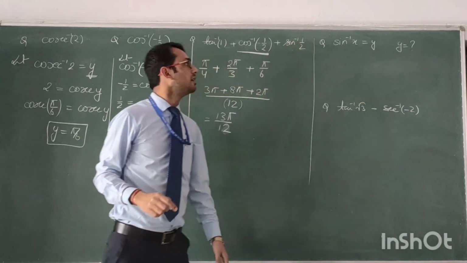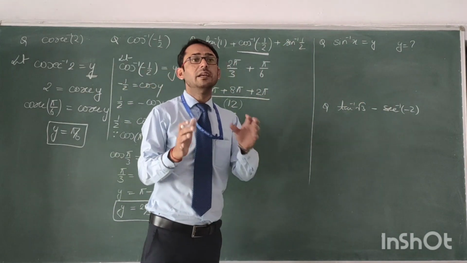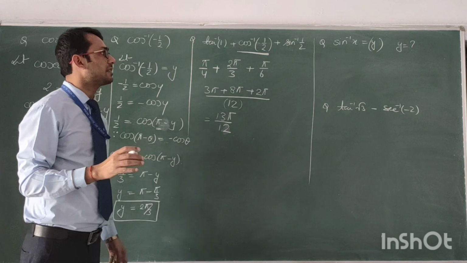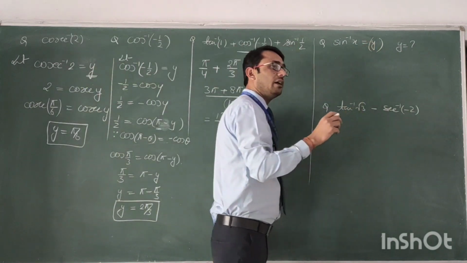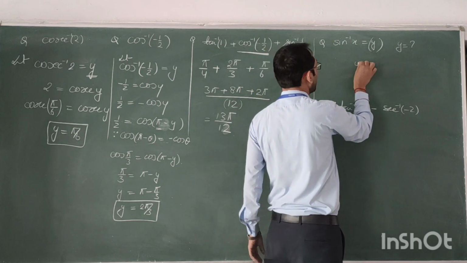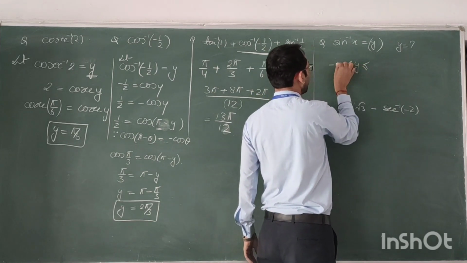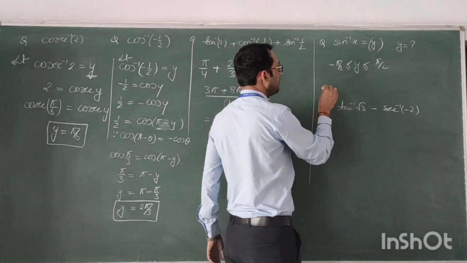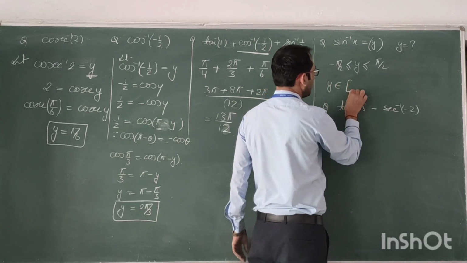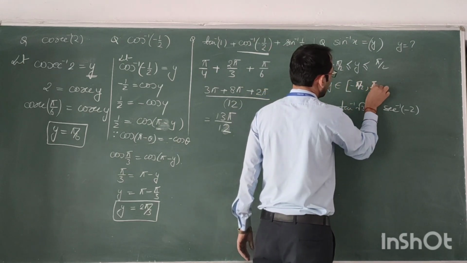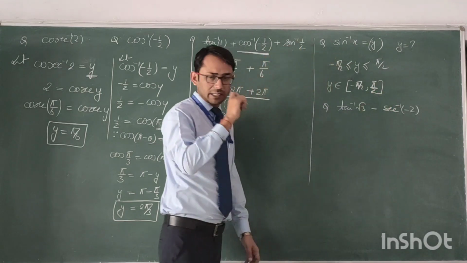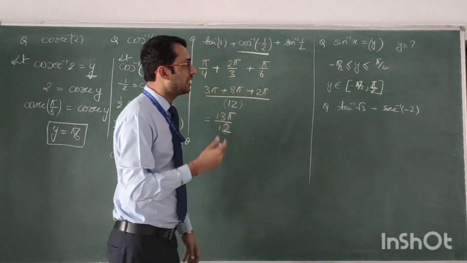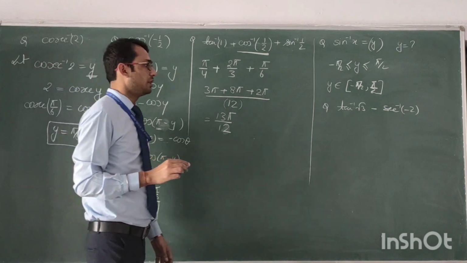Okay. Next question. It is sin inverse x equals y. We know that for y in this case, we are thinking about the range. So it will be y between minus pi by 2 to pi by 2. Maybe they are giving an answer like this, or they may give y belongs to minus pi by 2 to pi by 2, including the bracket, because pi by 2 and minus pi by 2 are included in it. So as per whatever they are giving us, that will be the answer. It is an NCERT MCQ question, so you will be able to do this also.